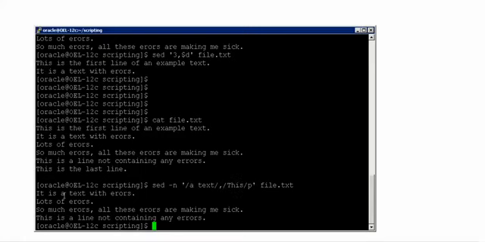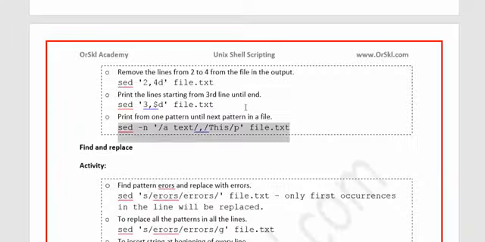So what does it mean? In this line, it has found "atext" as an expression. So it starts printing from this line and keeps printing all the lines until it finds another expression, called this, which is available in this line. So it started printing from this line and ended printing at this line. That's what this command says. Even the same I have written here, but I mistakenly said it differently. Sorry for that. So this command is to print from one pattern until the next pattern in a file is found. That's what it does.